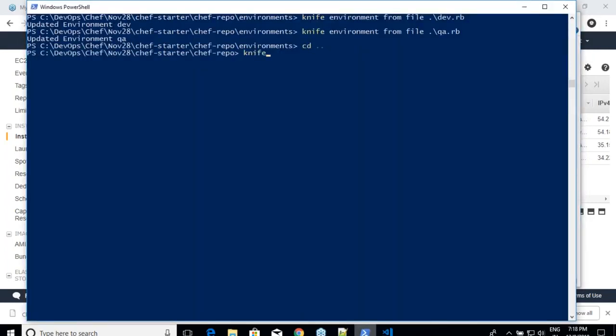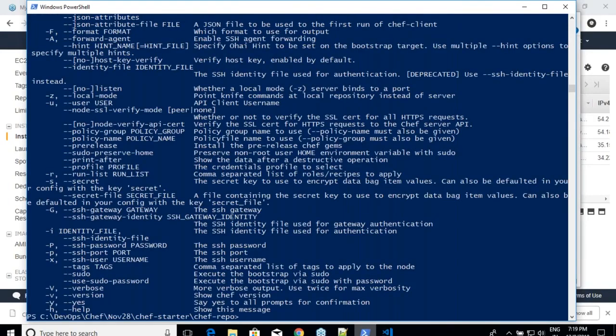Now, what is the command which we use? Knife bootstrap. In the last class, you might have remembered that command, but now, can I use this? Knife bootstrap hyphen hyphen help, and then I'll come to know what does the command look like. Okay. The username for DB servers, if you go into that, is Ubuntu machine, so the username is Ubuntu. For the Red Hat machine, the default username is EC2-user. So you have to remember that when you are bootstrapping.